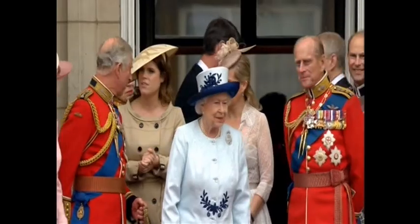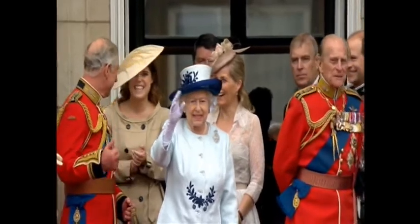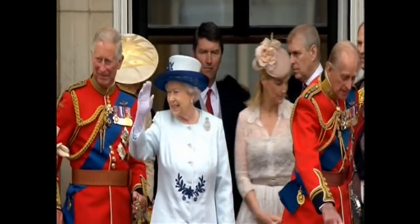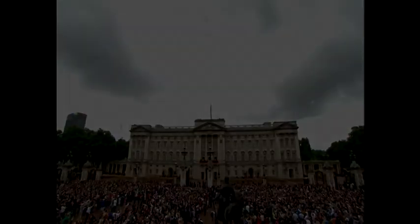2014 is the 50th display season for the Red Arrows. It's great to see them. The Queen enthusiastically thanking the crowd. Duke of Edinburgh having a